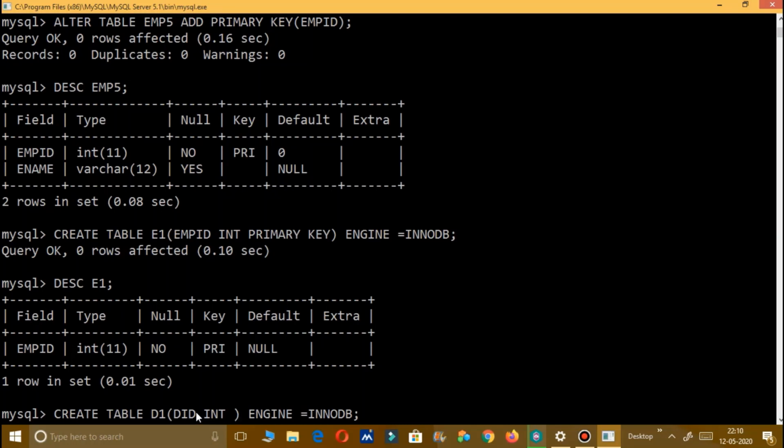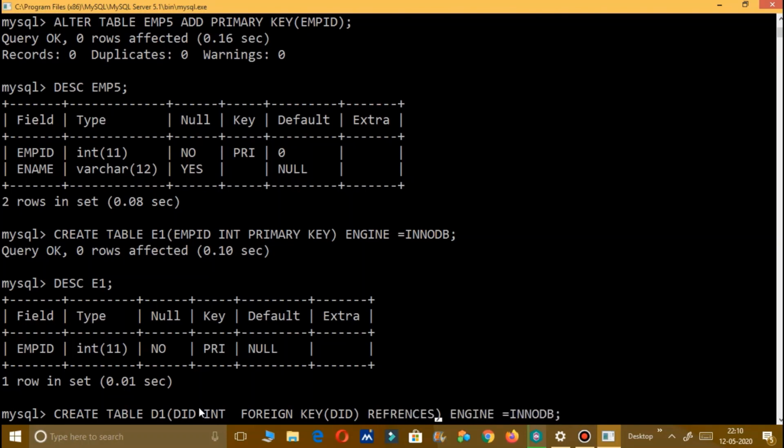Fine. So foreign key DID, then REFERENCES.